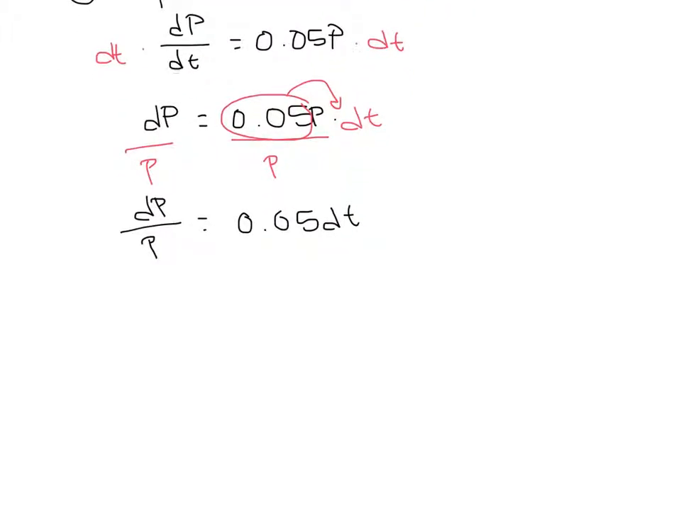Okay, now, I have part of a rate equaling the other part of a rate. I want to get rid of dp, I want to get rid of dt, because neither of these are functions of time, right? For a function, I just want p and t by itself, and here I have a rate of my population and a rate of time. So in order to get rid of dp and dt, I'm going to integrate both sides, okay? So that's going to give me the integral of dp over p is going to equal the integral of 0.05